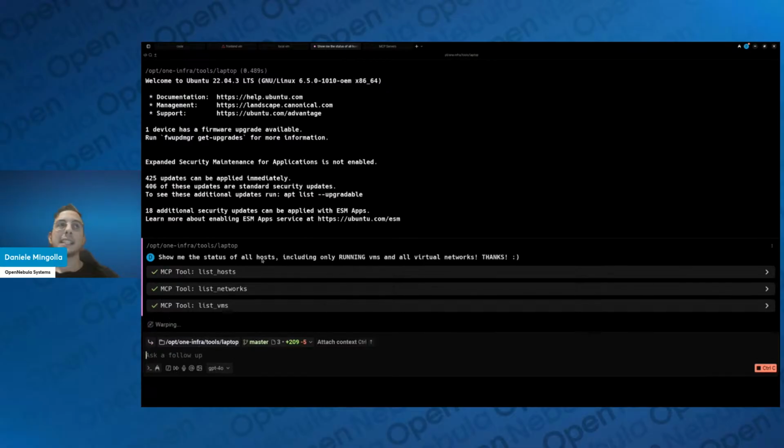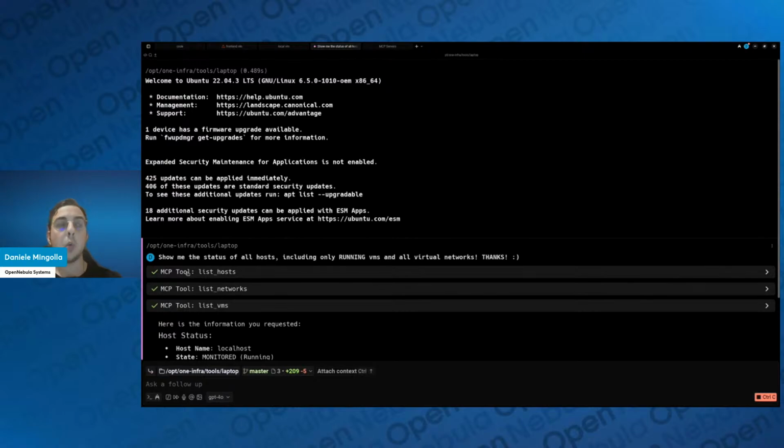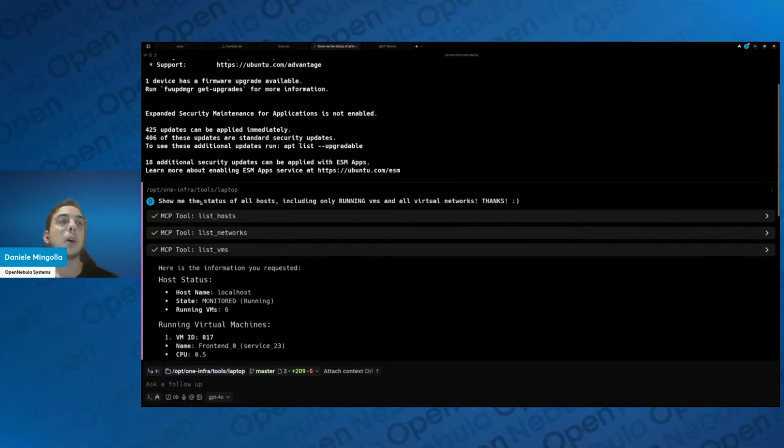Okay, so what's happening here? First of all, you can see that my MCP client, so Word, has been able to correctly identify the MCP tool. As my colleague previously said, this MCP server is exposing different MCP tools that can be understood by the LLM, and the LLM will also be able to understand which parameters to use and so on in order to reach the goal that you want it to reach. So as you can see, I just ask what I want,